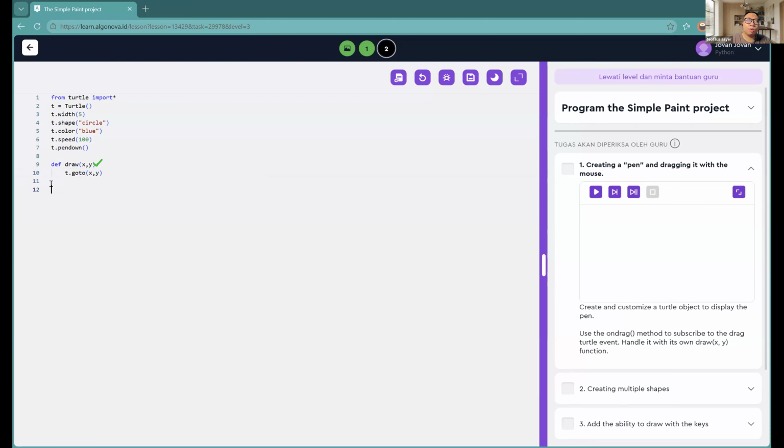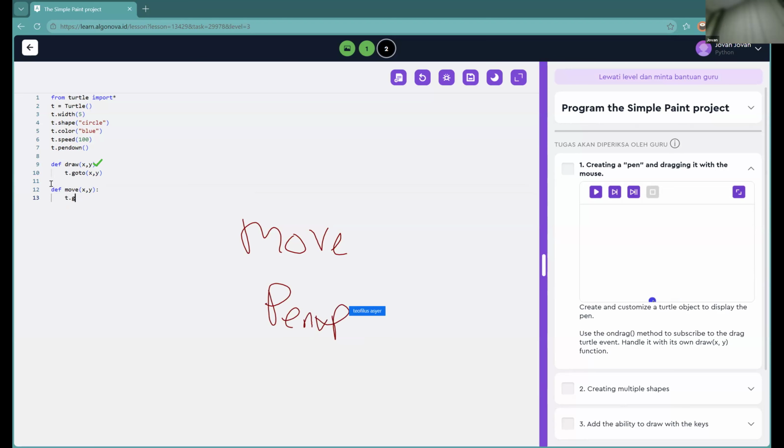Now let's make another def. What is another def? When you try to move your cursor, right? So def move. Good. Don't forget there is also the XY coordinates, as usual. What is inside? First pen up, and then go to, good,